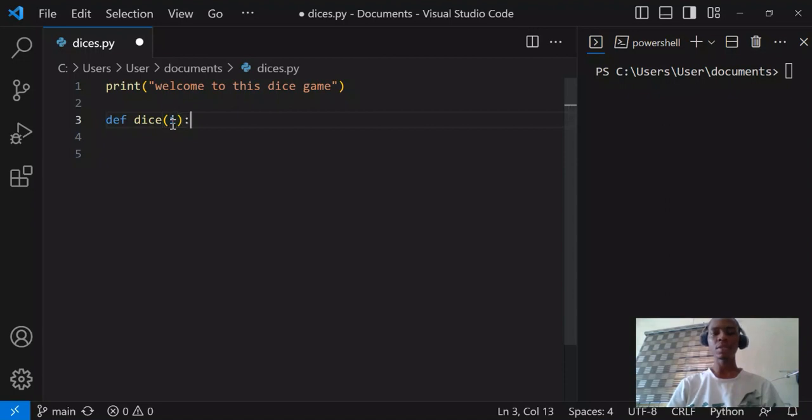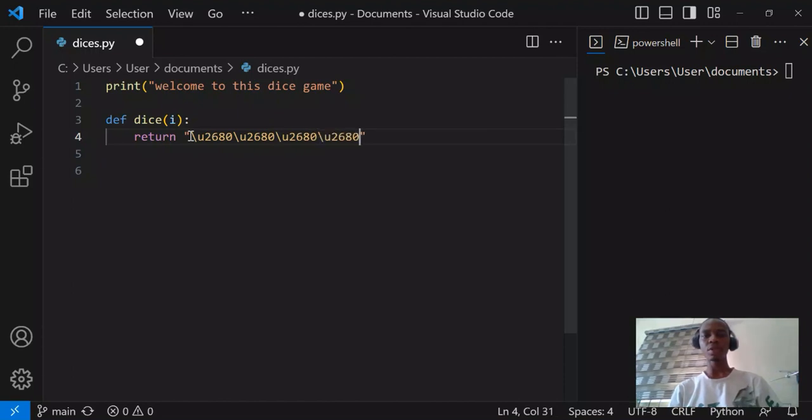You can name yours anything you like. Then I'm going to make this function return those numbers for me. So I'm going to say return, then \u2680. I have to add u in front. This will return the first die for me, and then I can copy this and paste it, Control V, Control V, Control V. So I can have the first die here, then the second die here, the third die, the fourth die, then the fifth die, and I still need one,